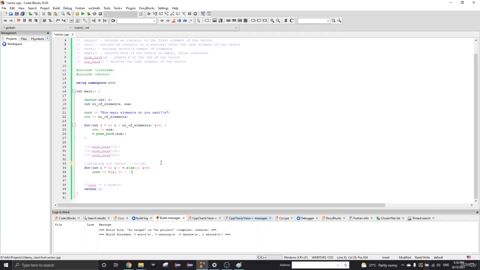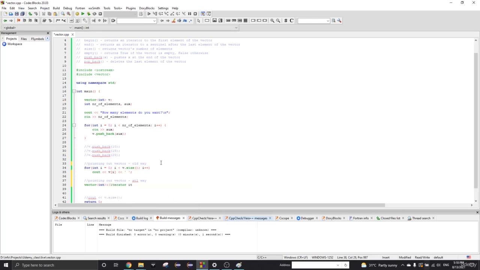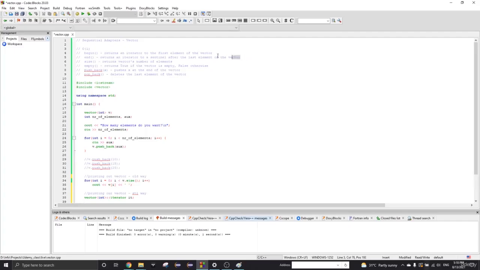Old way, and right now we will have the same operation, printing our vector the STL way, let's call it. So for this one, we are going to use an iterator. We'll call it it, and right now it will be very important to use these functions right here,